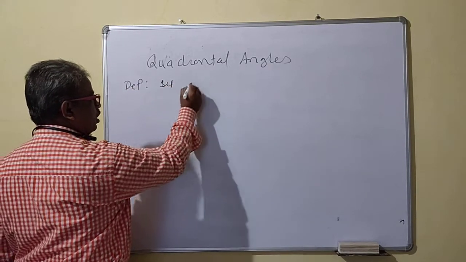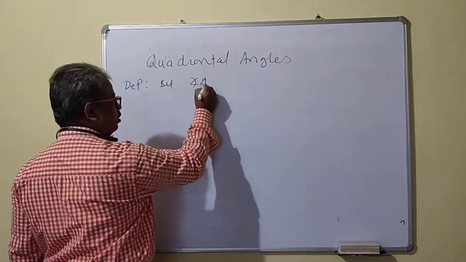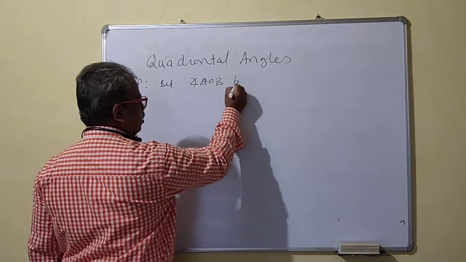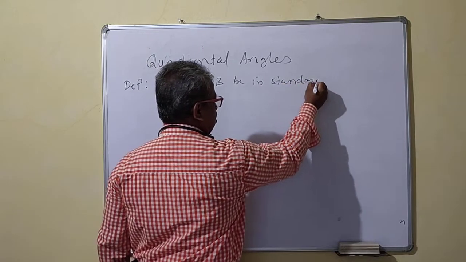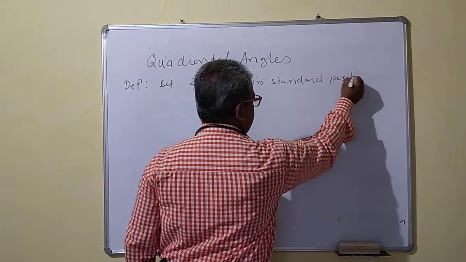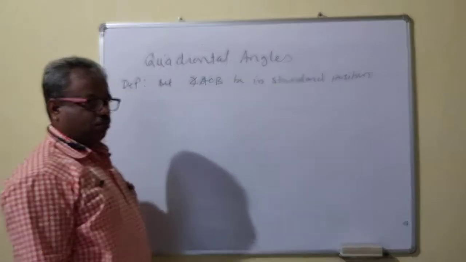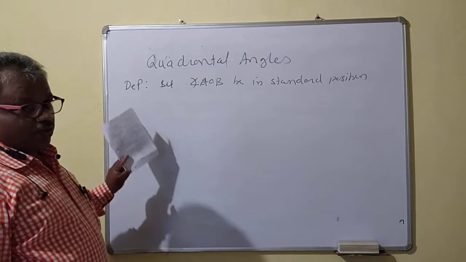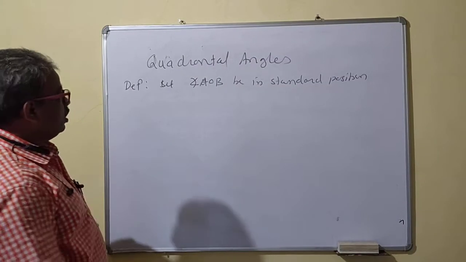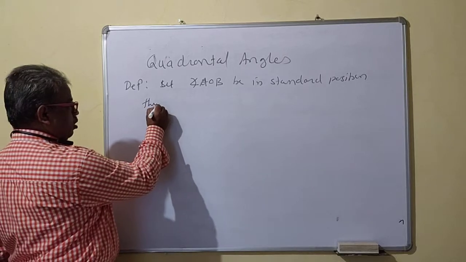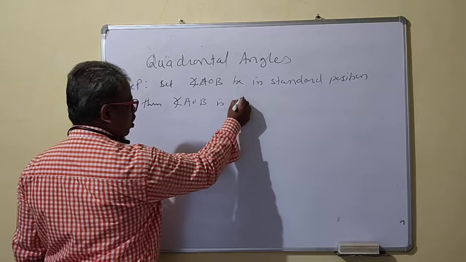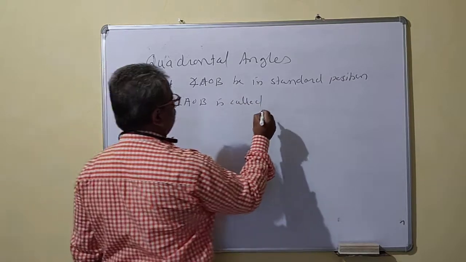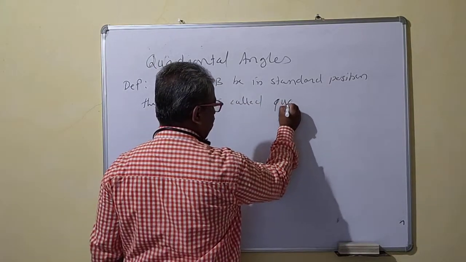Let directed angle AOB be in standard position. This is very important: the angle should be in the standard position. Then directed angle AOB is called a quadrantal angle